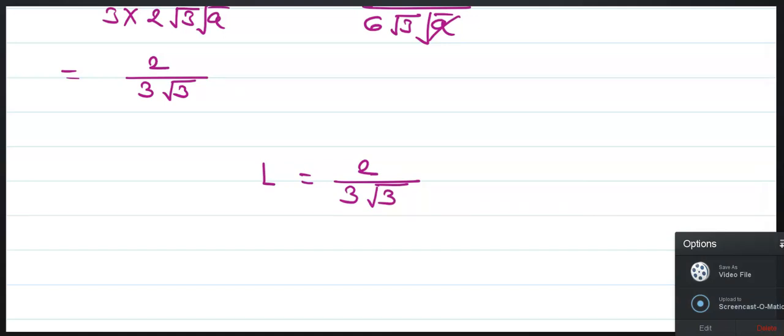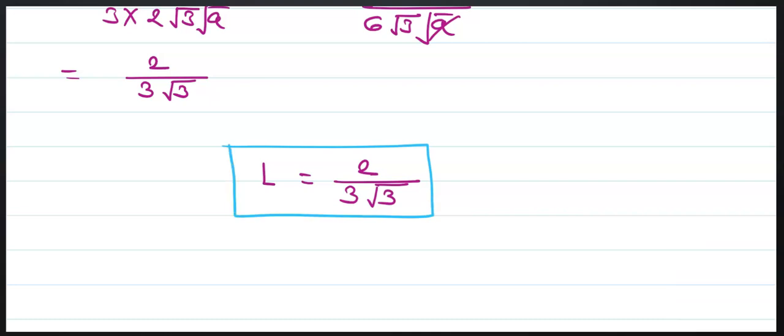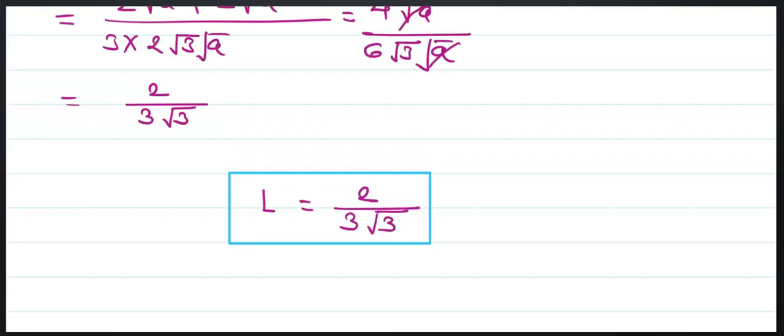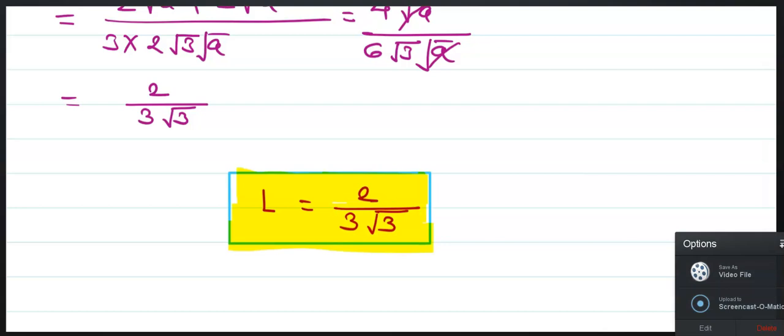Now the simplification is L is equal to 2 upon 3 root 3. This is the answer. Now one thing is that this answer. Now next is